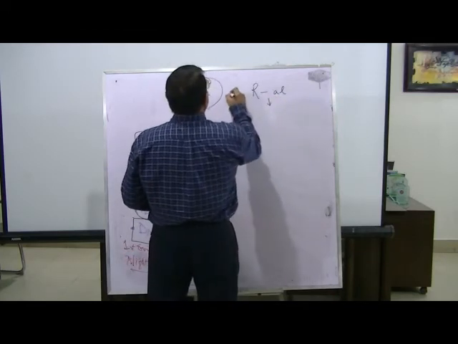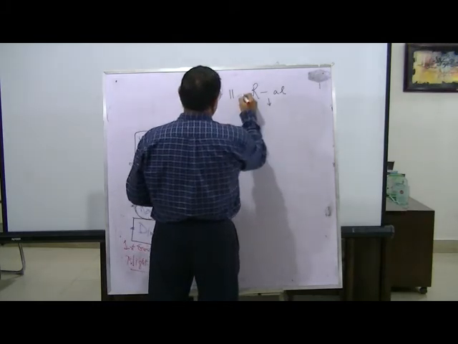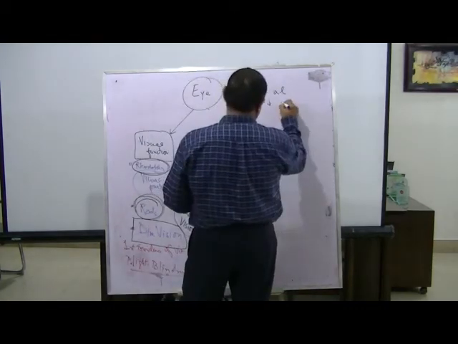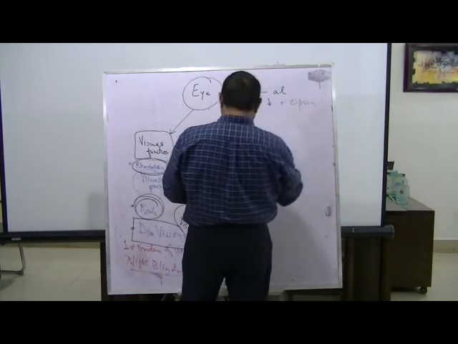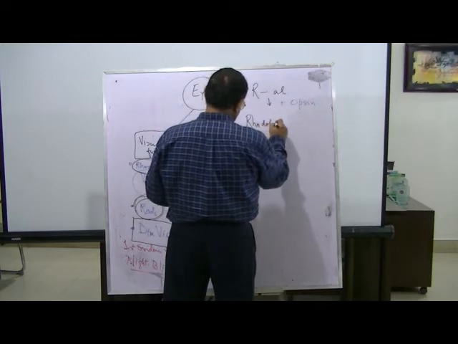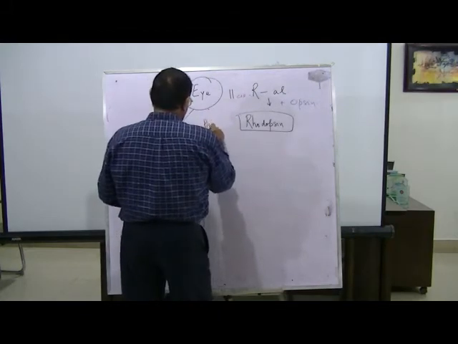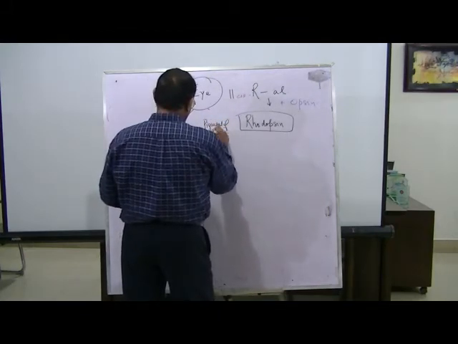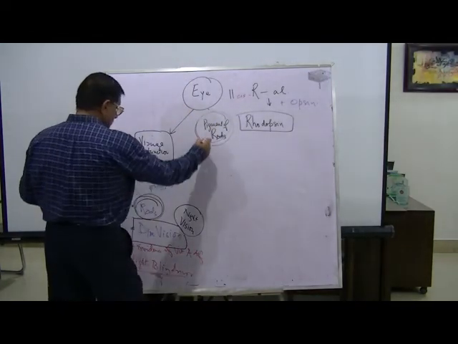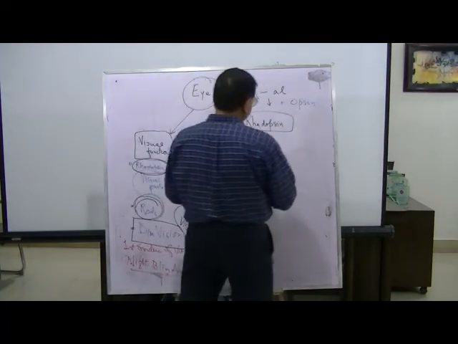What retinol? 11 cis retinol. 11 cis retinol plus opsin forms rhodopsin, the pigment of rods. Rhodopsin is suitable for dim light vision, that is night vision. Now, when light falls on it,